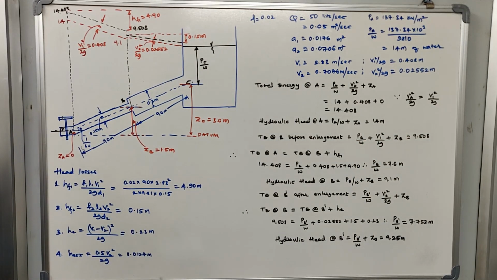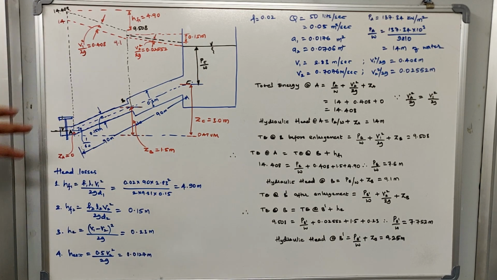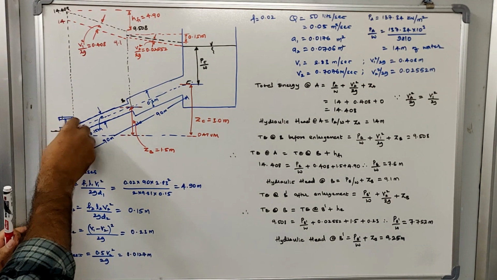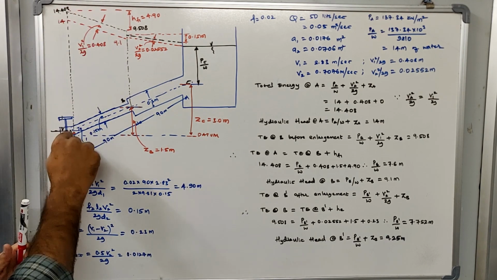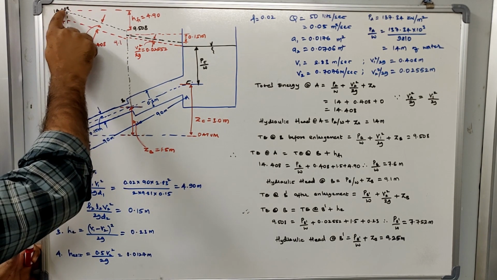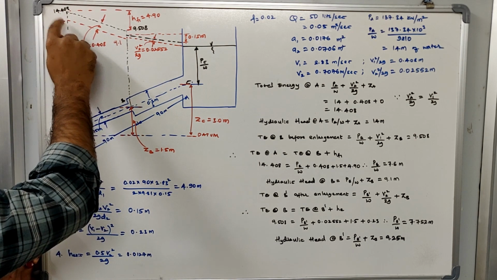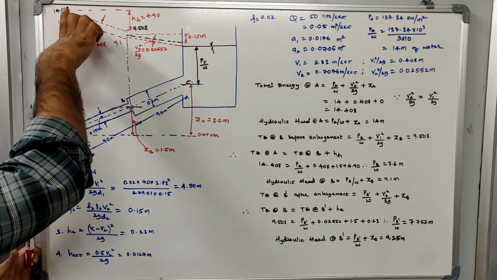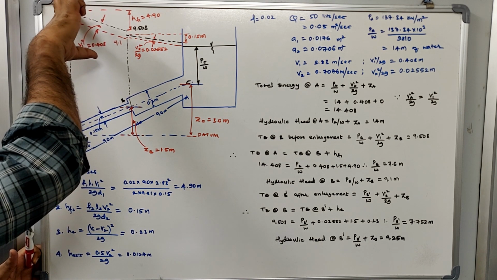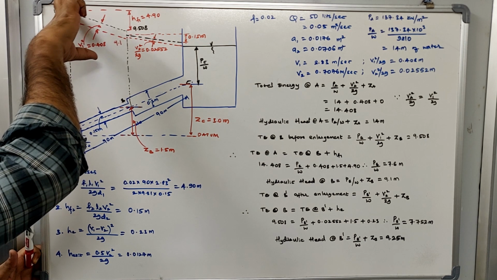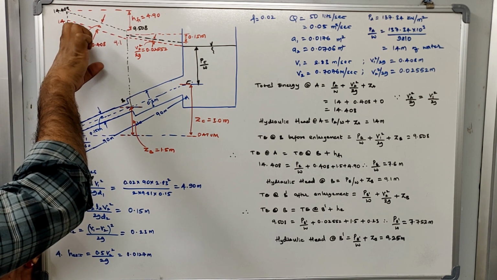Now what I will do is plot both those lines. I'll draw a vertical line, and let me say this total line from joint A to here is 14.408, and from here to this point it is 14. So I have plotted the first point of total energy at A, which is 14.408, and this is the hydraulic head or piezometric head at A.